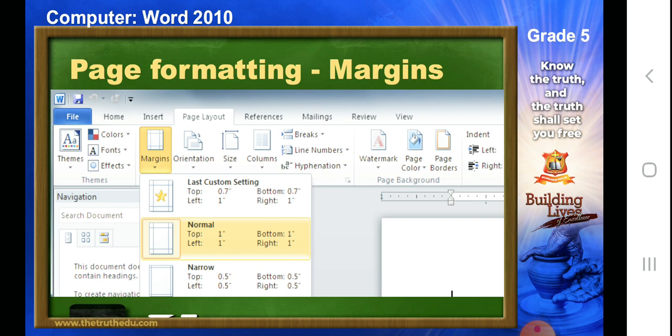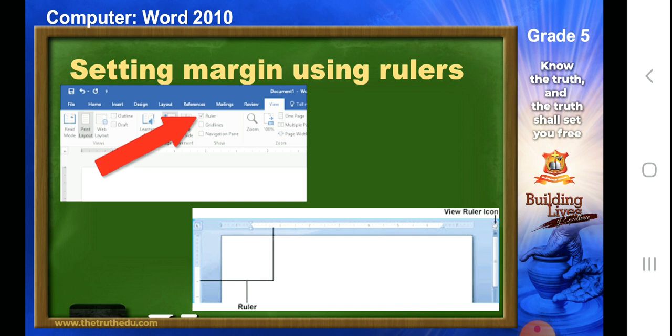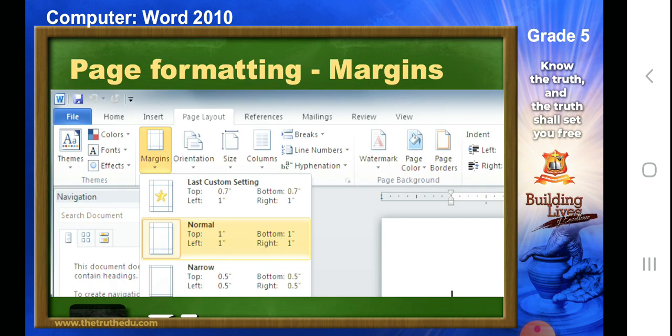So next comes page formatting: margin. Students, you would have seen that by default Microsoft Word has a 1-inch margin, but if you want to increase, decrease, or make any changes to it, you can do that. To do this, you have to go to the page layout tab, in the page setup group.